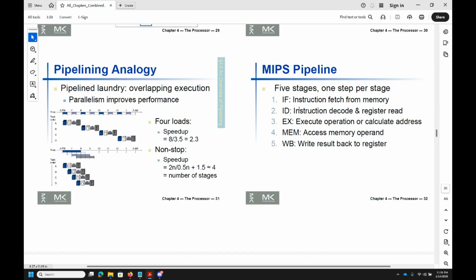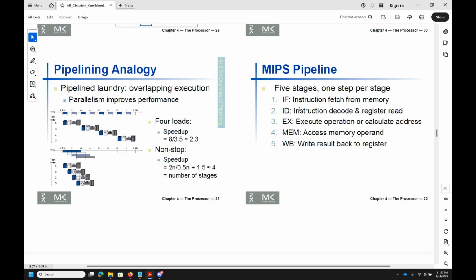Now, let's say that you have 16 people or something. Not 16 people. Let's say you have four people. So four people would be able to wash the clothes in 15 minutes. That's true. But clothes are still going to take an hour to dry. There's no way to speed that up, right? So the idea behind pipelining is that by breaking down the execution of programs into smaller parts and running them parallelly, we can improve the performance. And the example of what I gave just now about washing clothes and drying them, where drying is the fraction that cannot be parallelized, is something known as Amdahl's law.